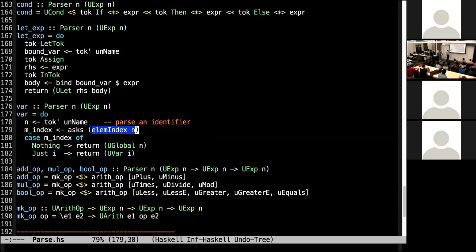But the idea here is that there's that environment that I said above, where the parser has this Veck of strings. These are the names of all of the in-scope variables in our lambda calculus expression. And I want to look up this name I've just read in. This asks allows me to query my environment, and then it's going to return possibly an index. If it failed, then that means I must be accessing a global variable. I didn't demonstrate that in the demo, but the Stitch interpreter supports globals. If it did find it, then I have some index I, and then I'm going to return uvar